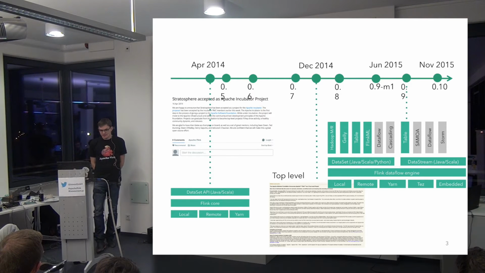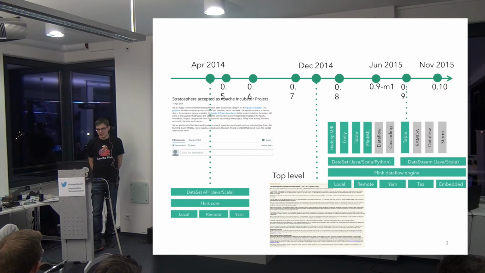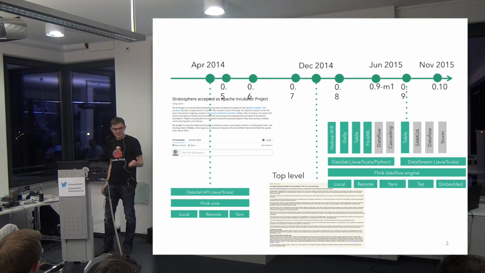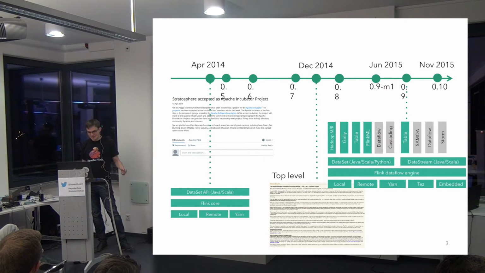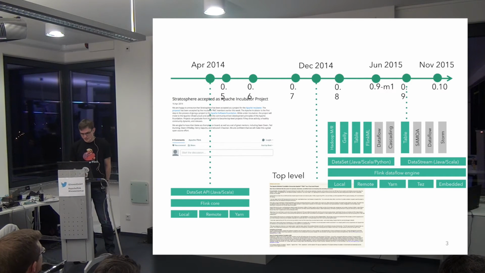And as we speak, we are about to release 0.10. So currently we have release candidates and votes going on, and I hope that the latest vote goes through. So that usually we find some bugs and we cancel the vote and we start a new vote and so on. But I'm confident that the current release candidate is also going to be the final release of Flink 0.10, so we can probably expect it this or next week. And the next big step is then Flink 1.0, which means that we guarantee API stability across all minor releases of the 1.x series of Flink.